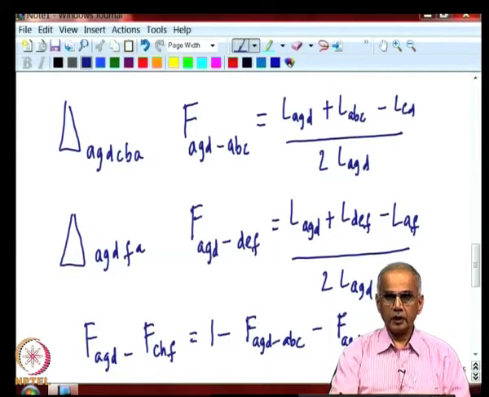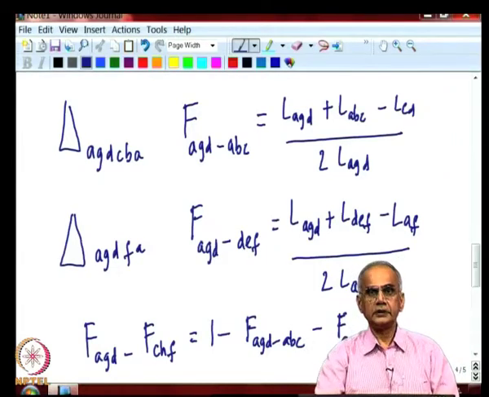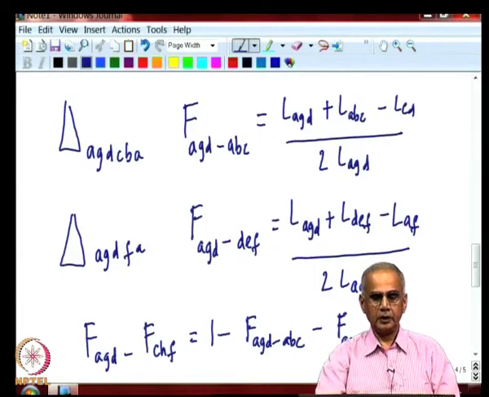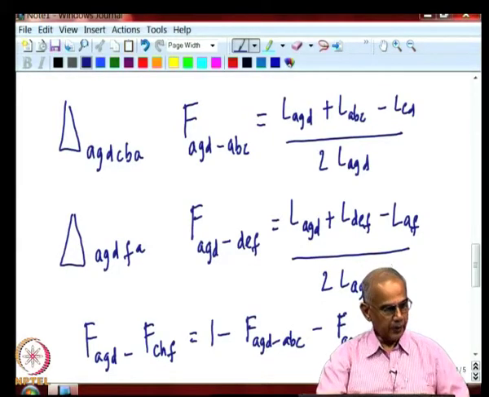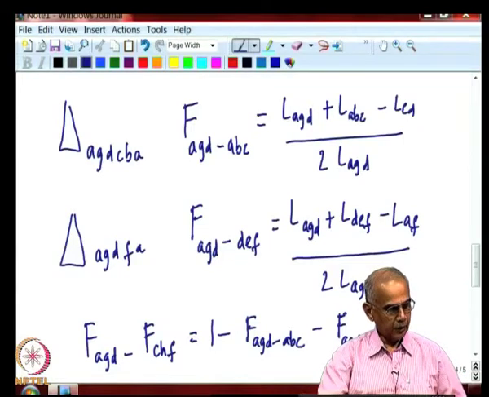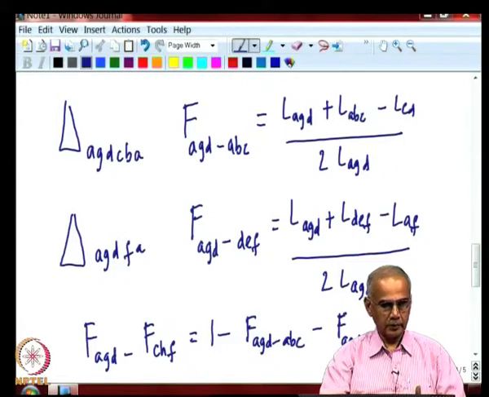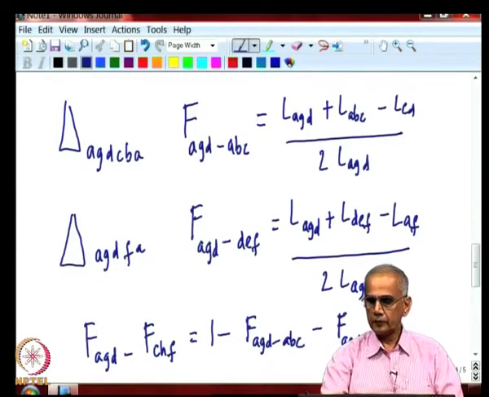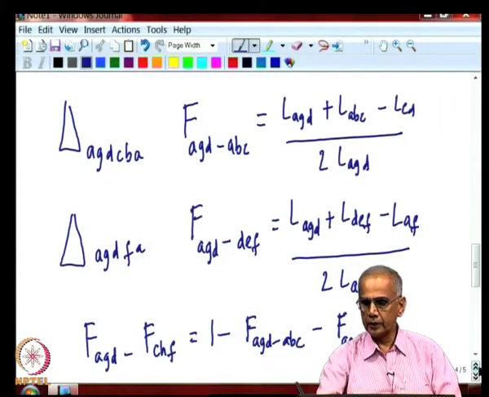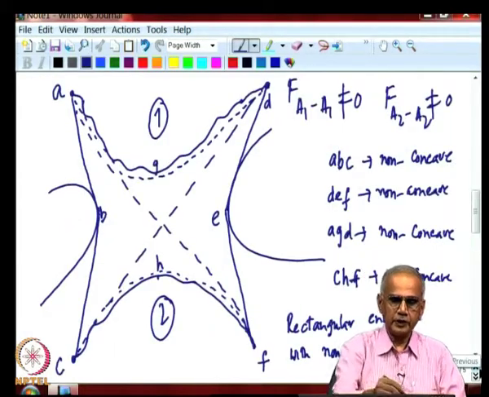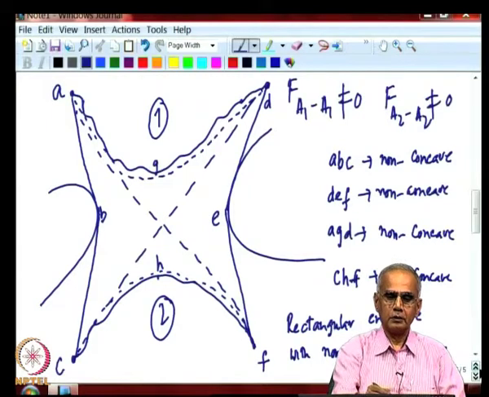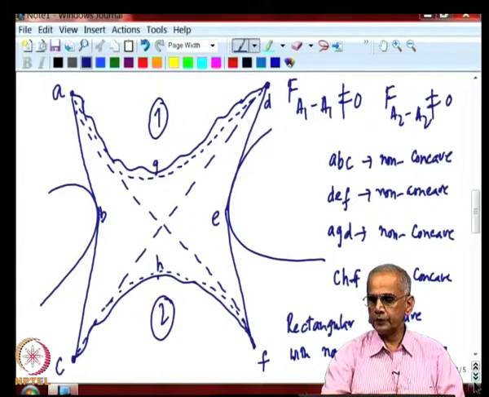So, now remember we have still not reached the end of our derivation, because we need F12. Okay. So, how do we get now F12? That is the issue at hand. We have managed to get F AGD to CHF. So, let me again remind you what we have managed to get, F AGD to CHF. Now, we want to get F12. So, we have to take two more steps.